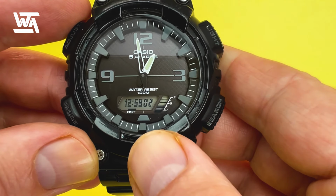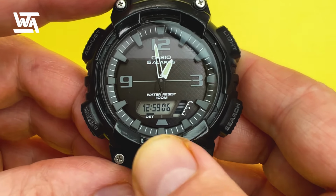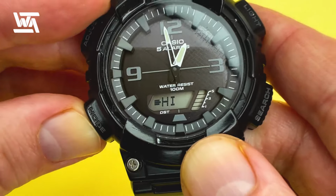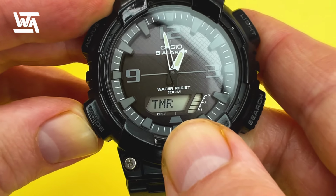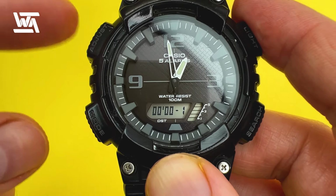Right, let's take a look at how to operate the countdown timers. There are 2 timers built into this watch that you can operate using the countdown timer feature. What you need to do is press the mode button until you get to where it says TMR. I've just gone past it, I'll just go back to it. TMR, and what you can see is if you press the top left hand button,